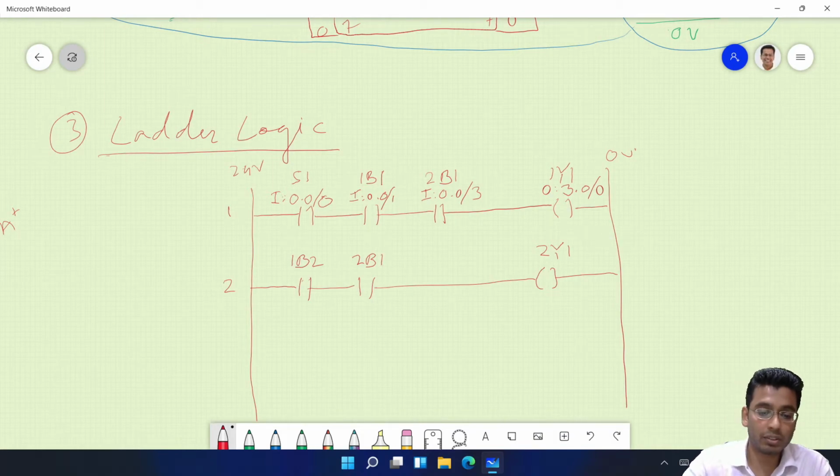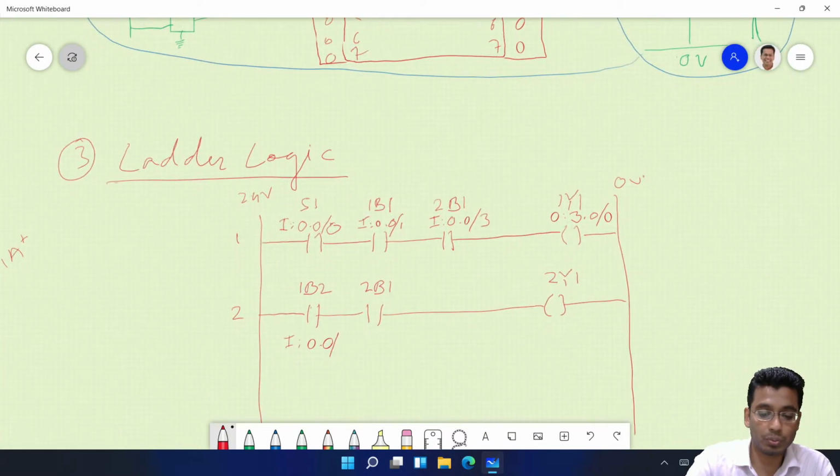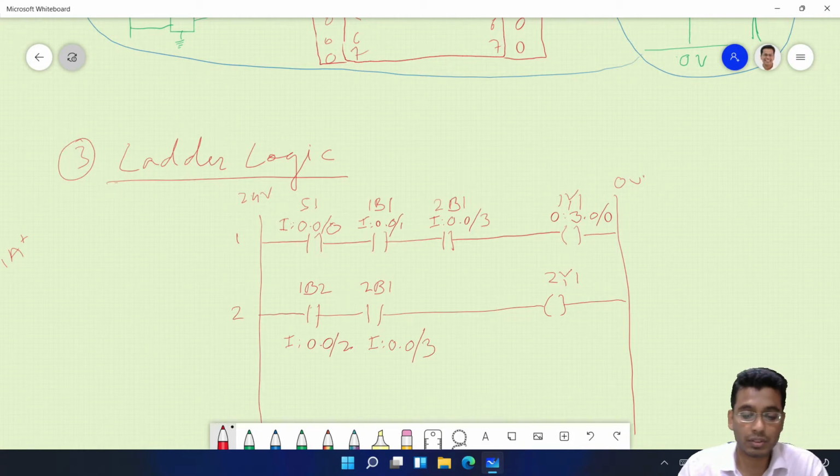Okay. So let us do the addressing here. Although the addressing should typically be on the top, since there is no space, I'm just doing it here. Where is 1B2 connected? At slot 2. And then similarly 2B1 is in slot 3.